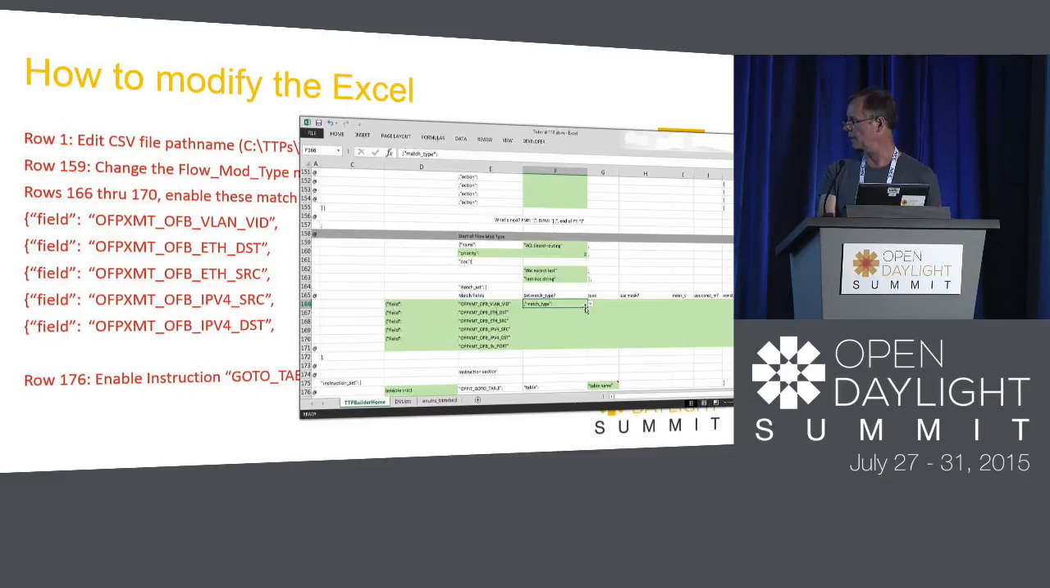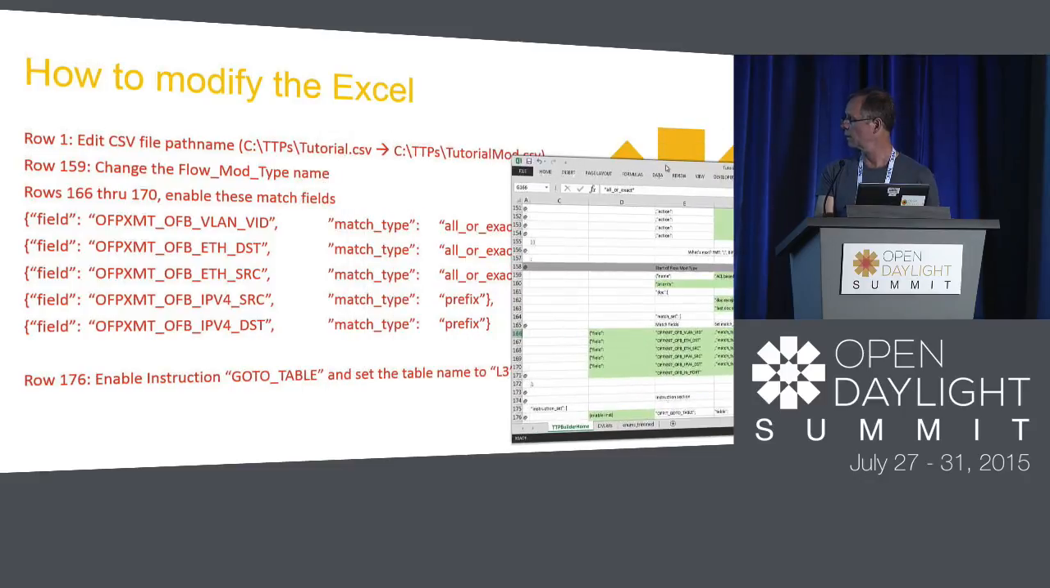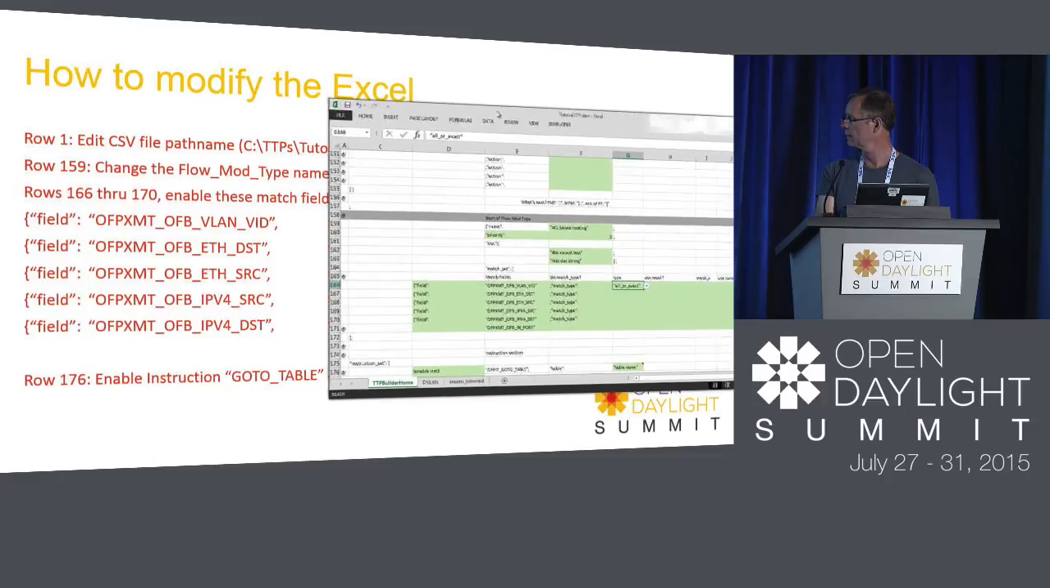Now, I can even take advantage of Excel little tricks like this and copy that entry. So I want match type and all those. And here I'll have match type be all or exact. I think that's what I wanted. Let me just take a look here. All or exact and then prefix, yeah. So all or exact,